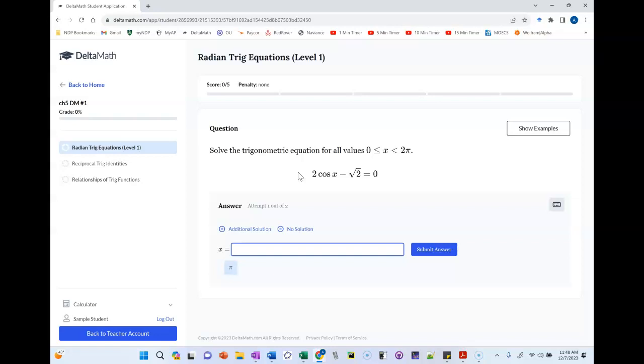At that point, I then go to the unit circle and look up which coordinate? X, because it's cosine, is root 2 over 2. My answer is